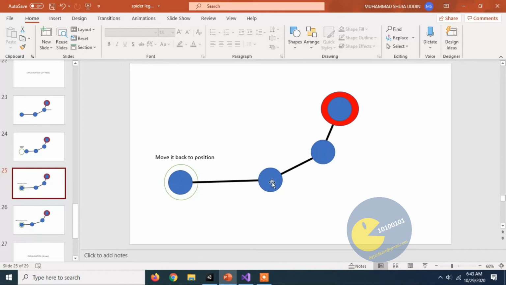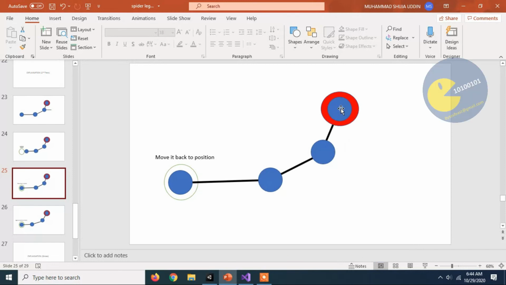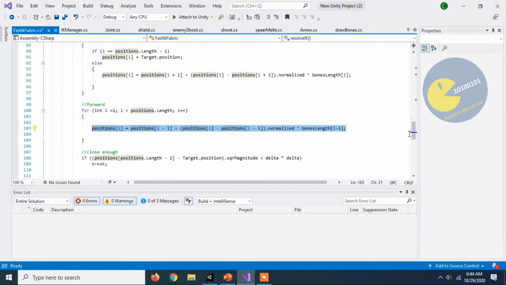I just need to arrange these 3 bones, and this bone will be in its original place, and after that it will create a vector from here to here, and it will measure the distance equal to the bone from here to here, and it will move this bone here, and after that the same logic is applied on this bone and this bone. But you will say, then if it happens, this bone will leave its place. Yes, definitely this bone will leave its place. That's why I'm running it 10 times.